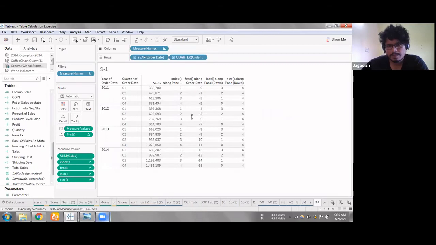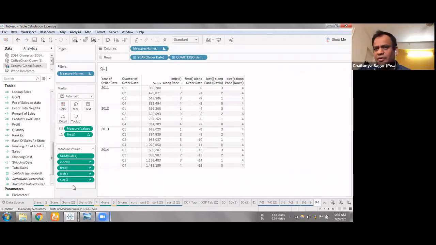If there is any particular table where a pane has 5 values, it will show the relevant values. Now these are the basic helper functions that we use in custom table calculations to get to the value where we want, and to basically jumble around the values and get the calculation that we want.